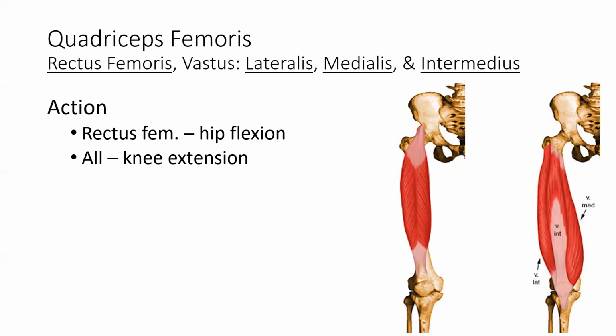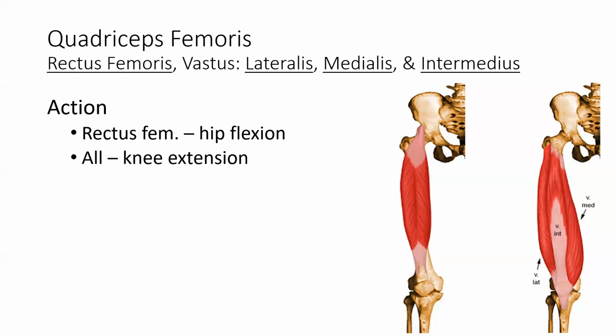Vastus medialis works more as a stabilizer for the patella, because vastus lateralis is much, much larger and contributes a lot of force towards knee extension, but it is lateral in how it inserts on the quadriceps tendon, which can pull and shift the patella lateral, leading to things like patellofemoral syndrome. Vastus medialis pulls the patella and centralizes it on the distal femur to allow for more smooth